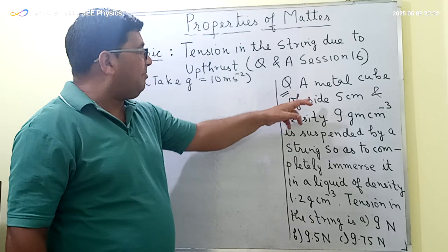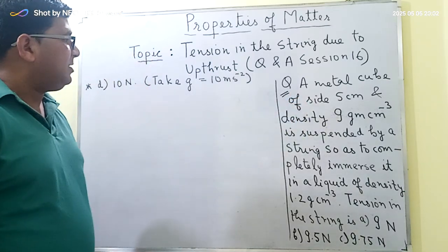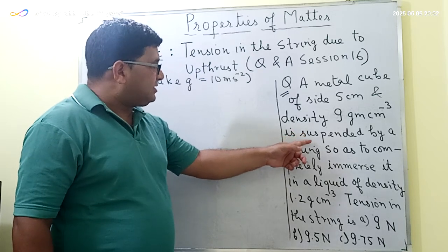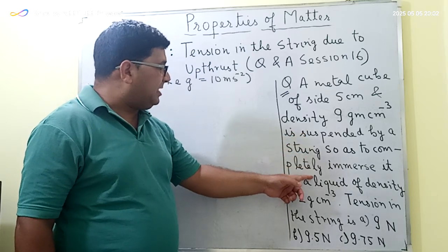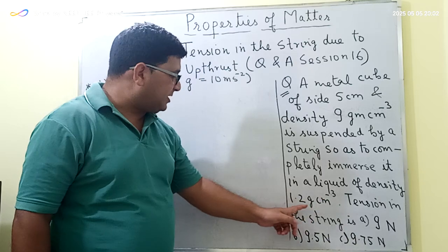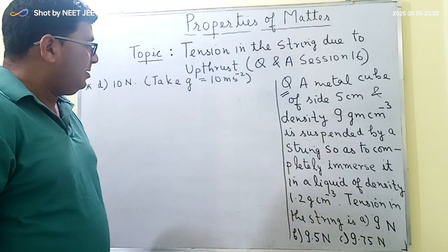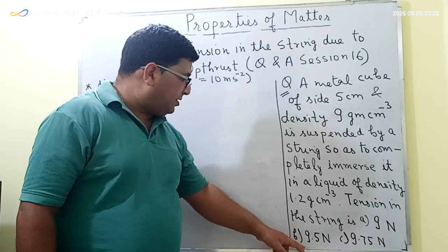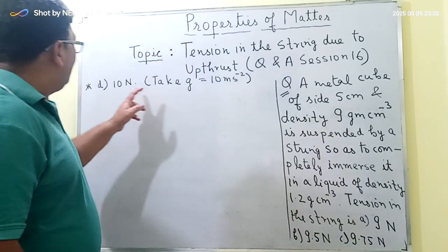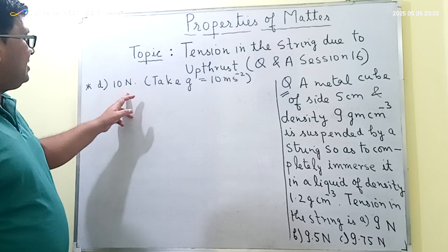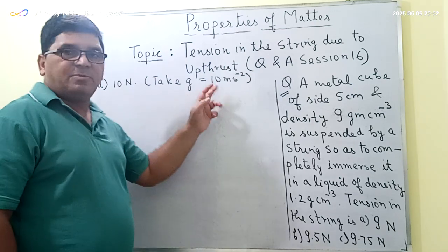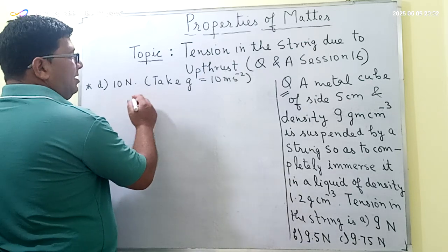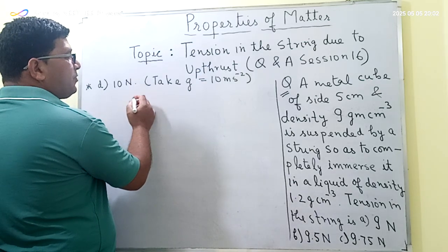The question here is: a metal cube of side 5 centimeter and density 9 gram per cubic centimeter is suspended by a string so as to completely immerse it in a liquid of density 1.2 gram per cubic centimeter. So the tension in the string is... there are four options here in this question and we have to find the correct option, and here the value of g is to be taken as 10 meter per second square. So here first of all we will calculate the